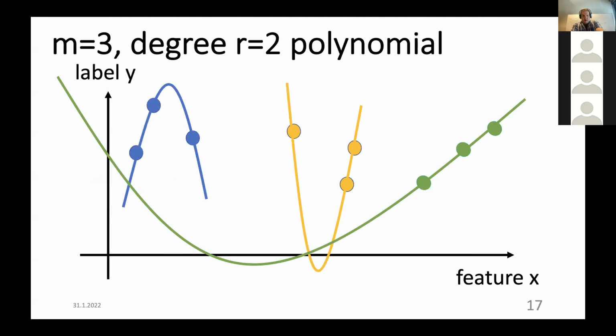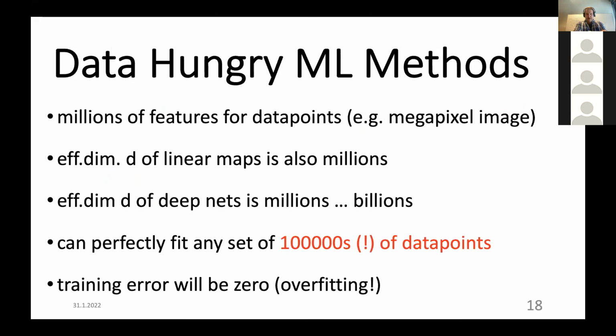So when you use 1 degree higher polynomials, so degree 2 polynomials, you can perfectly fit any 3 data points without any problem. So this might indicate that only using 3 training data points might not be enough to learn a distinct degree 2 polynomial. You will always find a degree 2 polynomial just by luck or by coincidence that perfectly fits your training data. You cannot really get more information out of this training set of size 3. So in general,